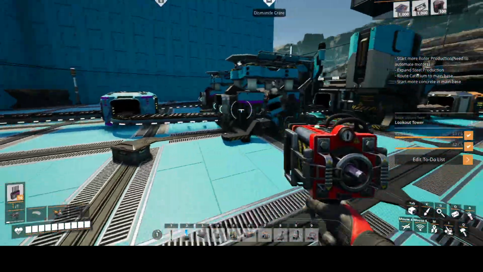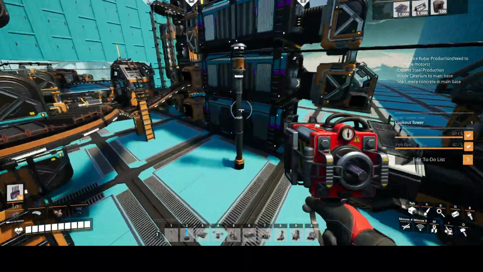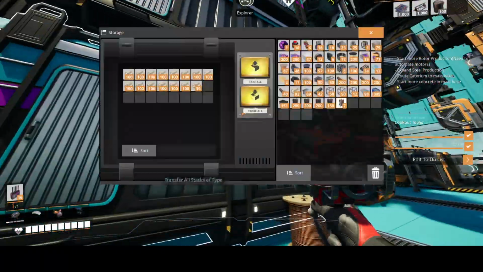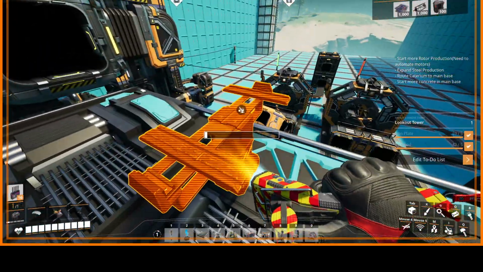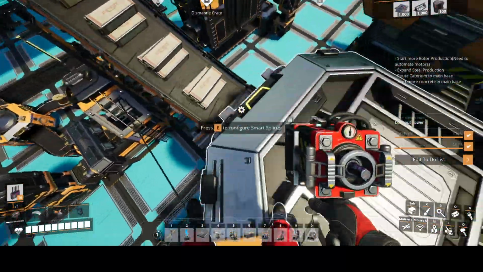One side is more steel pipes, this side's more industrial beams, and then somewhere in the middle they both somewhat meet up here by the storage containers. So up here I kind of have a mess going on because I didn't really think this through before I started constructing this thing. So I have a smart splitter. As you can see,